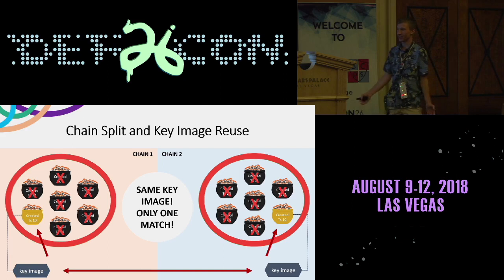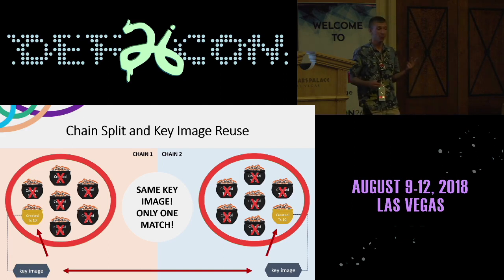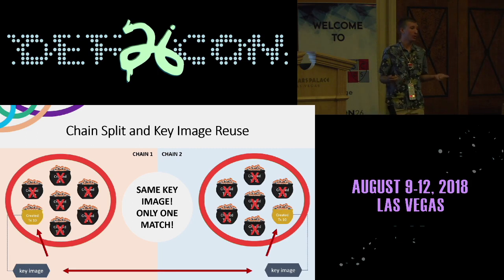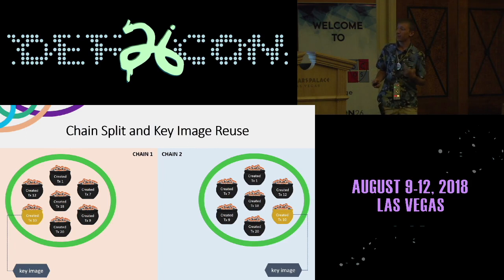And therefore, you have a situation where, since you have the same key image and only one match of the output, you're immediately able to tell which output is actually spent in this transaction. If instead